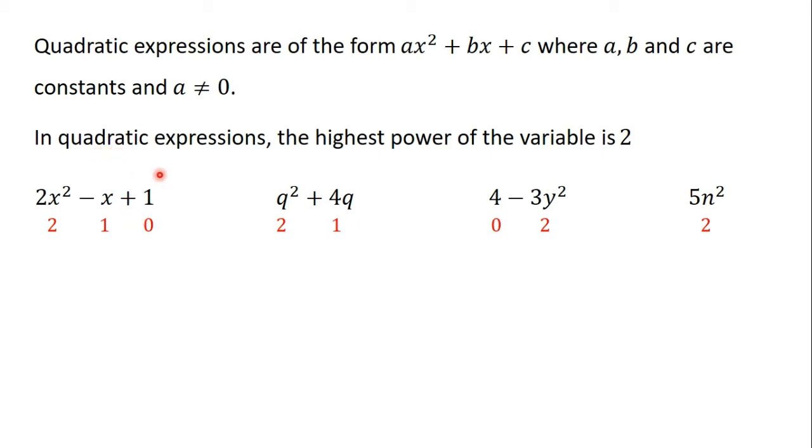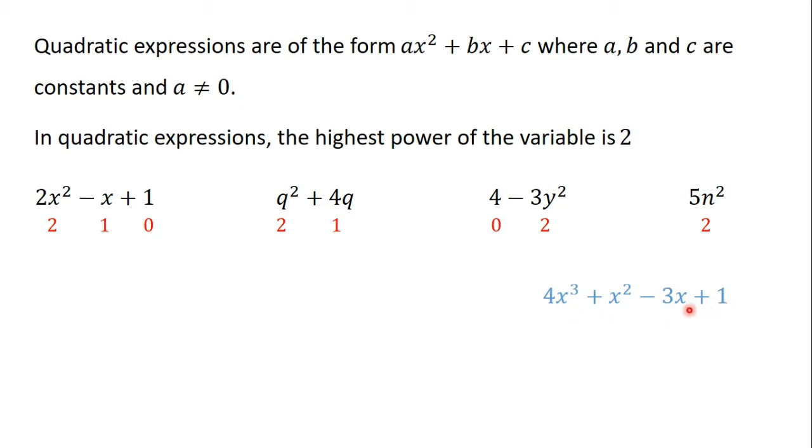An expression where the highest power of the variable in that expression is 2. For linear expressions, the highest power of the variable in that expression is 1. So if you consider this example, 4x^3 plus x^2 minus 3x plus 1, we can see